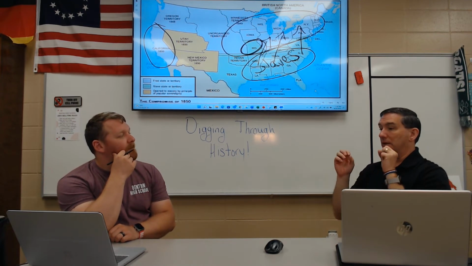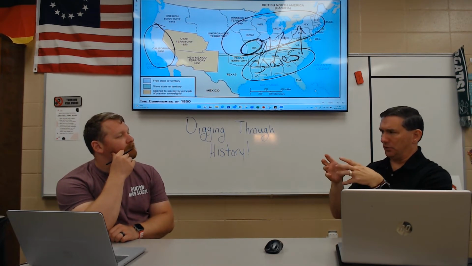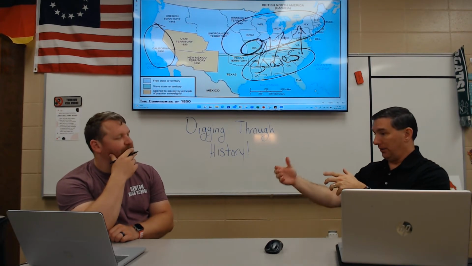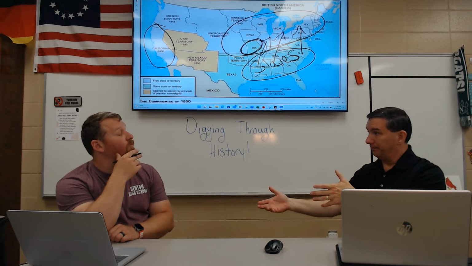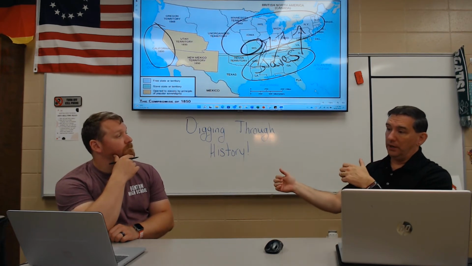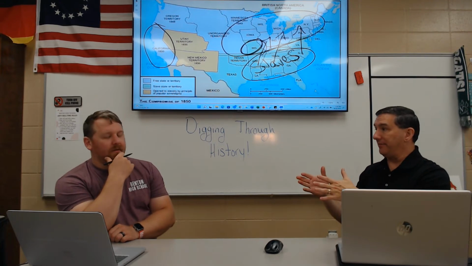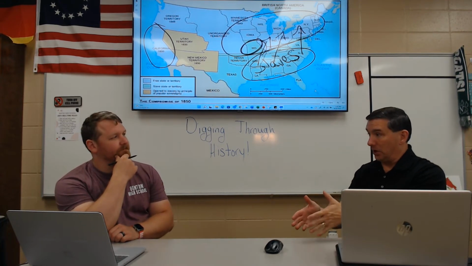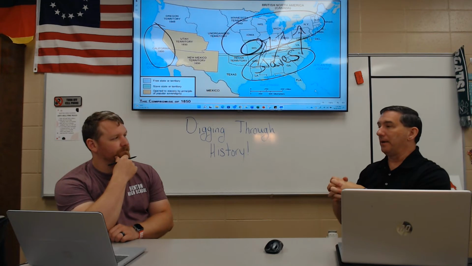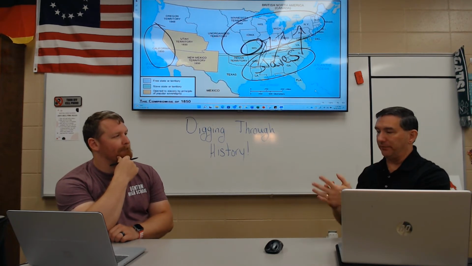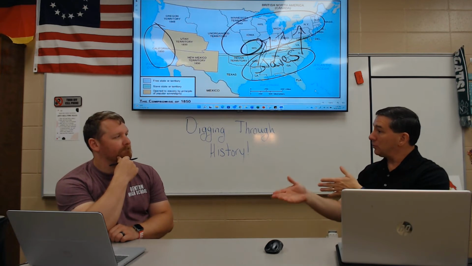But we have this push, not just for the abolitionists, those dedicated groups of people who were actively working and created the Underground Railroad. People would smuggle people out of the South. If they could get to the right farm, they might literally have a tunnel and go underground, or they might just have a wagon or a boat that went across the Ohio River to get them to freedom.